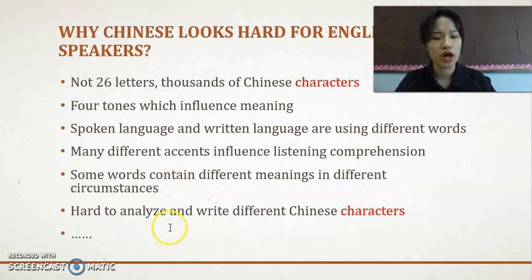And now, how do you analyze and write different Chinese characters? That's really normal, because if you just learn some character directly, you will think, oh my goodness, it's like a drawing, and every picture looks different. But later I will tell you some hints for learning it. That's why this Chinese character introduction exists.